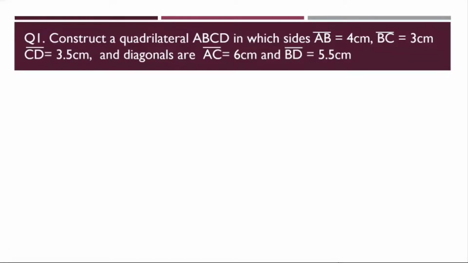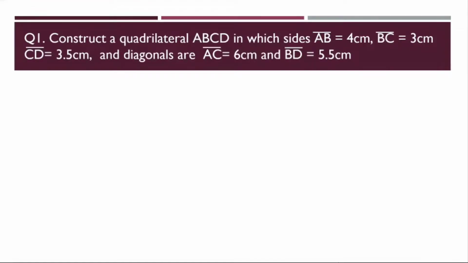In the previous two videos, we had done the questions of worksheet 1, wherein we had four sides given and one of the diagonals was given to us. Knowing the length of the four sides and the length of a diagonal, I was able to construct the quadrilateral. Now we come to the second type of the construction of quadrilateral, wherein we have the lengths of both the diagonals given to us, and along with the lengths of the two diagonals, we have the lengths of the three sides also given to us.